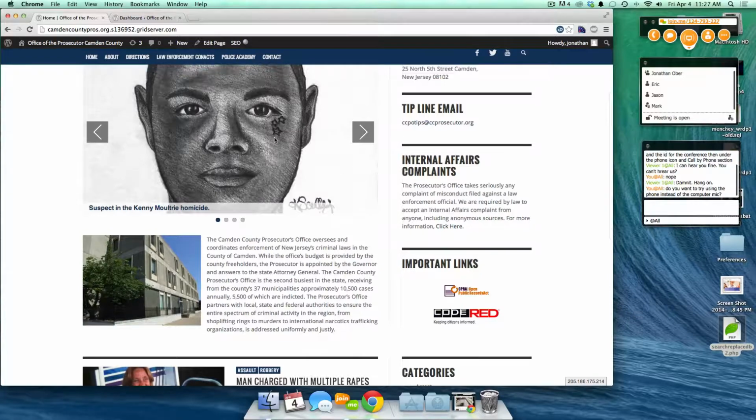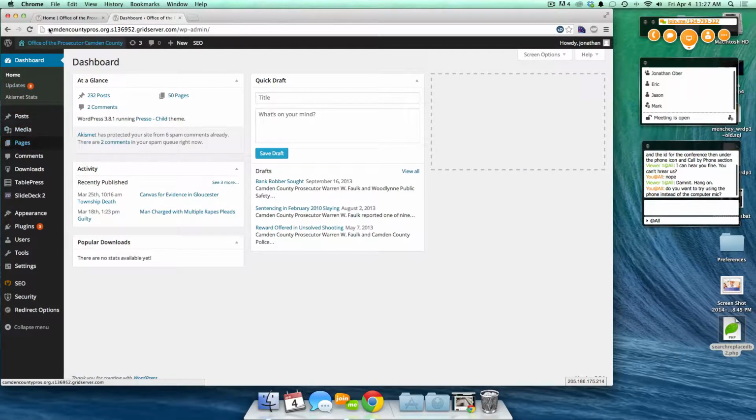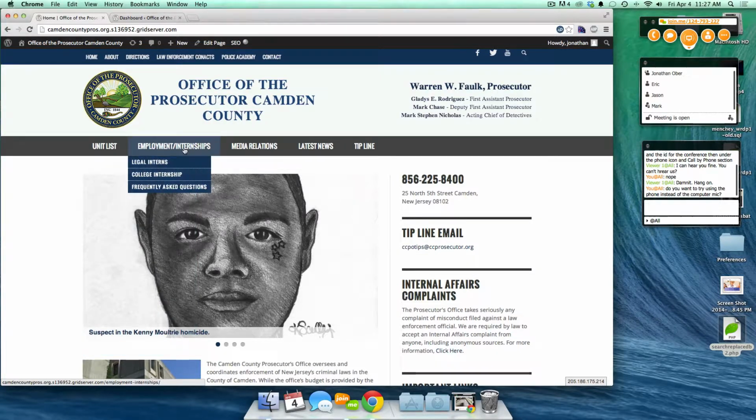And then the full posts are also part of our latest news section. So those are things that are time dated. Our pages are going to be any of what I'll call our static content, though you will be able to update this content, so there's a liveliness to it, just like your current site has. But all of our pages are like our unit list, the employment frequently asked questions, and the internships,